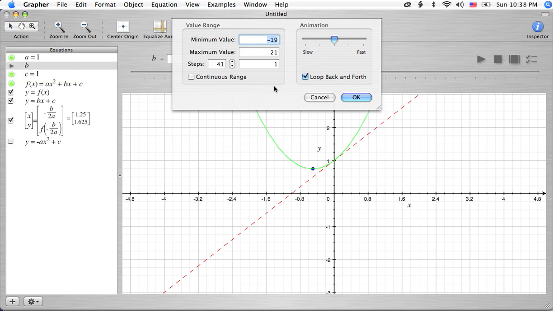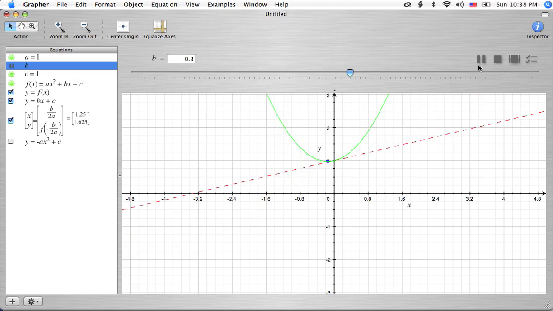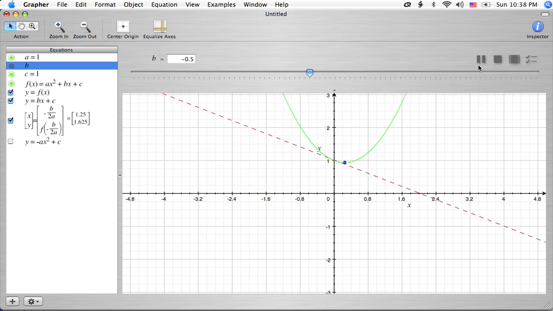It again changed our values. I guess let's go -4 to 4, and we'll go with 81 values this time. Okay, let's just play it and see what happens. I don't think we're going to need the line. I'll turn that off in a moment, but let's just go ahead. Well, actually, that's kind of interesting too. We see that in fact